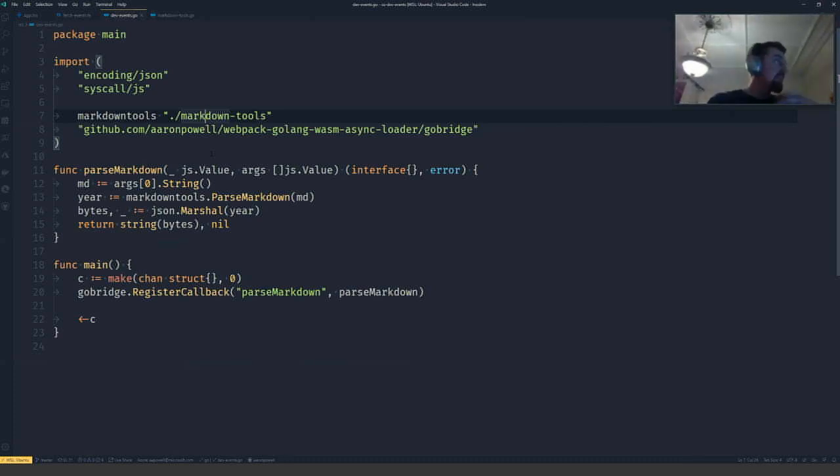Now, in the case of an image, you might pass in a base64 encoded string of that image, or maybe you pass in a byte array through memory of that image, and then it can manipulate that byte array inside of Golang, and then pass it back out as a new byte array or as a new base64 string or whatever it might be, and kind of marshal back and forth.